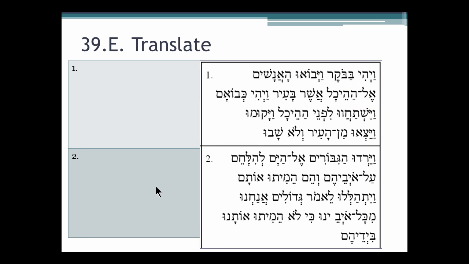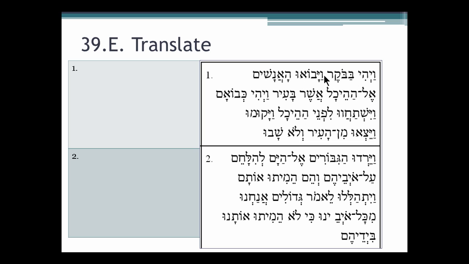39E, translation. And we'll try to be as literal as possible here. We've got Vayehi Babo Ker. And it came to pass, again, Futato leaves that off, but I'm going to render it. And it came to pass, again, we've got a Vav consecutive form, in the morning. Okay, so some time set in the past, we have completed action. It came to pass in the morning,